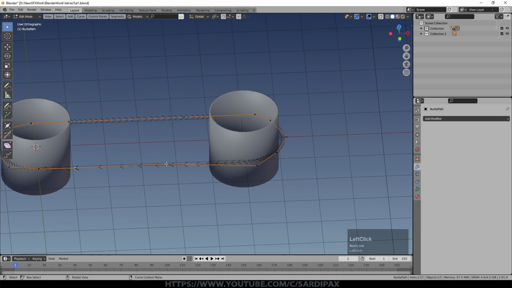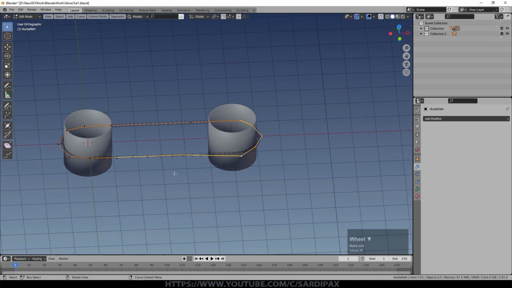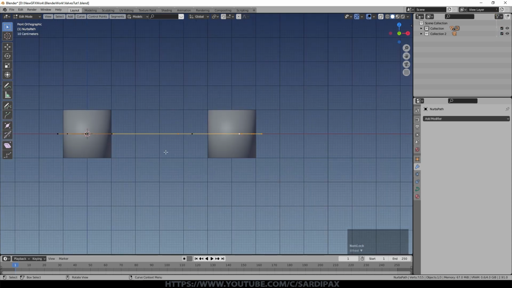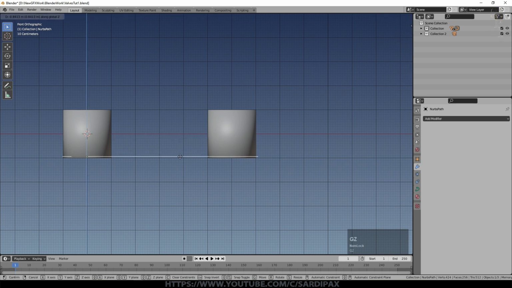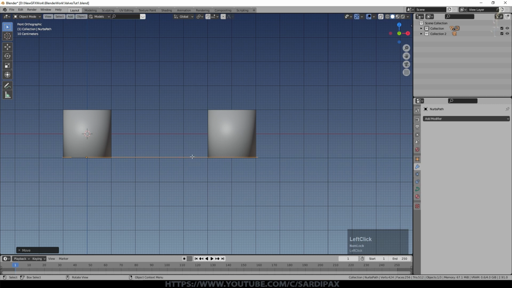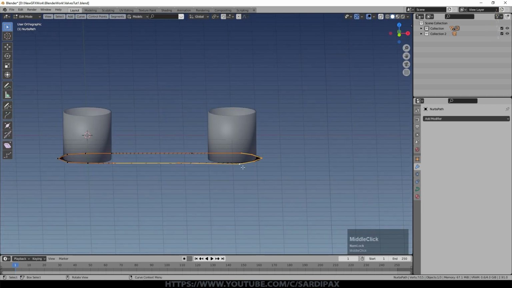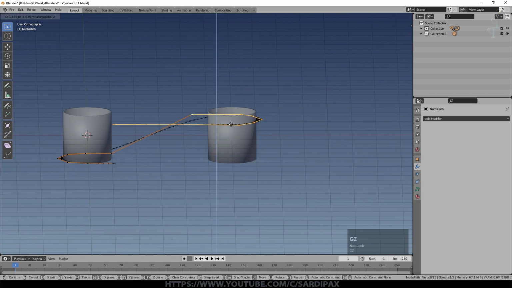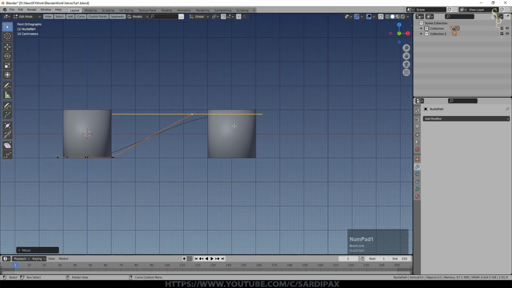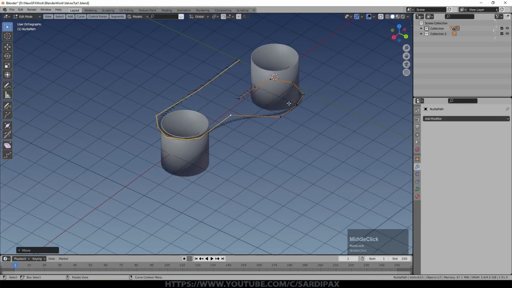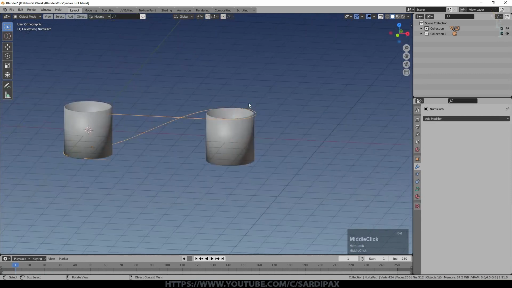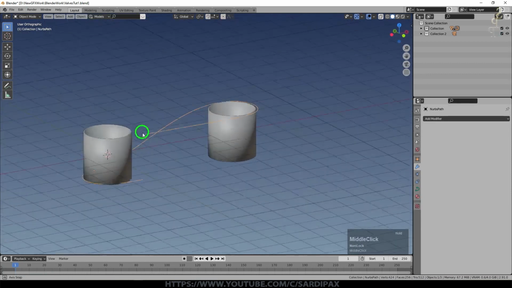What we actually want to do, of course, is just using Ctrl+ there, raise part of it up because it's going to be climbing up the cylinders as it goes. So out of edit mode for a moment, I'm just going to lower the curve to the bottom of the cylinder, then back in edit mode with just these selected, and maybe that one as well. I'm going to raise it up to about the top of the cylinder. It's just G Z. Now, although the shape I've created is very angular, when I come out of edit mode you can see it puts a Bezier curve on it, and it's a lot nicer.